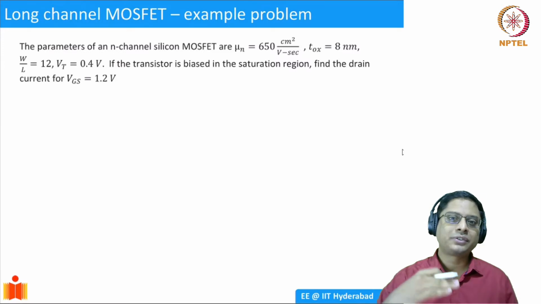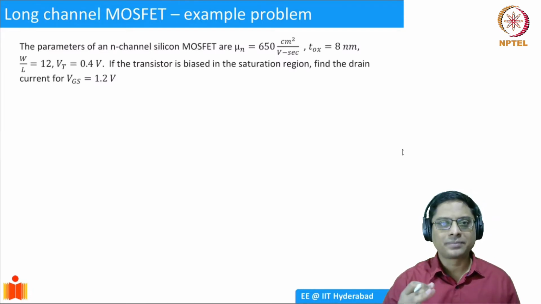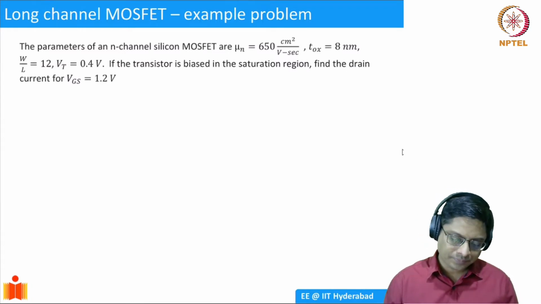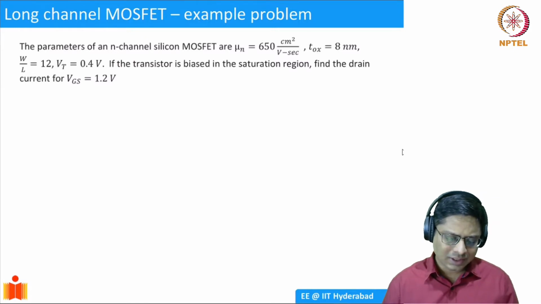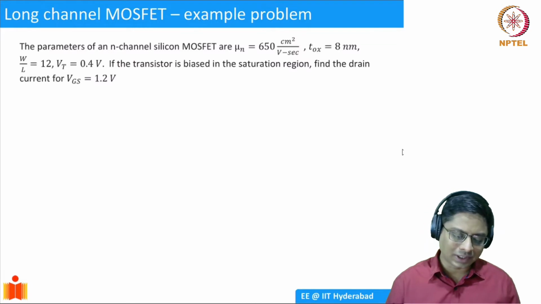But when we come to the surface, we are dealing with an interface between silicon and silicon dioxide. Whenever you have such an interface, there will be scattering with the interface traps. They are few in number. Silicon dioxide interface is very, very good. But even then we have some scattering, and because of that, there is some degradation of the mobility. That's why the interface mobility will be smaller. Surface mobility will be smaller than the bulk mobility. That is one point that will come back. We are going to tell you how it influences the drain current later.